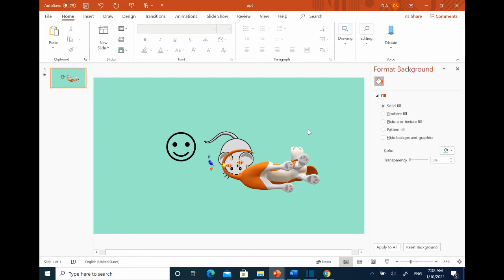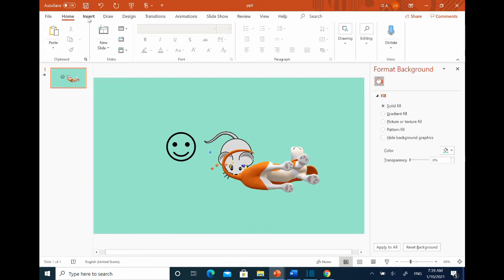Now, for those of you who are on the more artistic side, you can actually create your own customized images from scratch by using a variety of shapes and lines. And I'll show you how to do this. Now, keep in mind, I'm not the most artistic person, so I'll keep this simple. But for those of you who are and would like to create your own custom images, this might be a great option. And so to access these shapes and lines, what we're going to do is, again, we'll just go